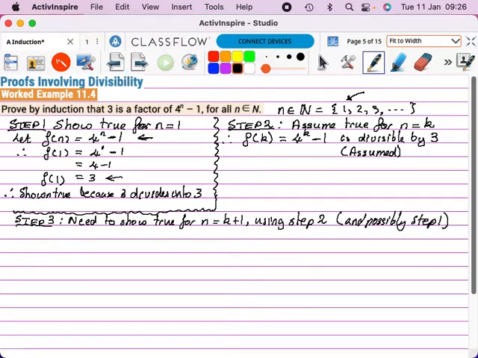But we have to use step 2 for the proof. So now what I need to say is, okay, we need to show true for n equals k plus 1, so we need to use a bit of language here. Therefore, need to prove